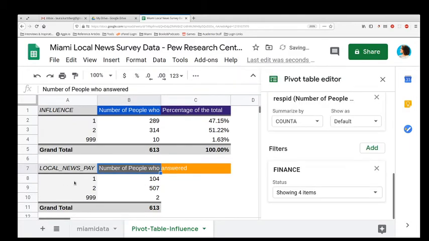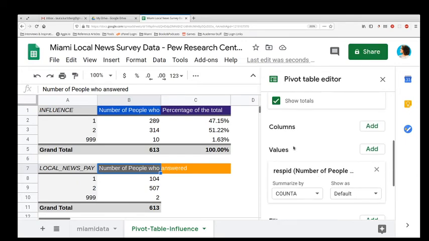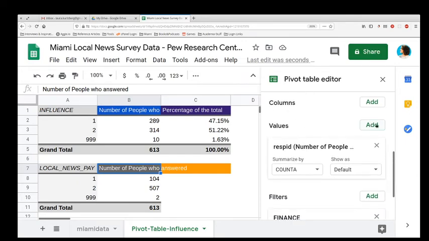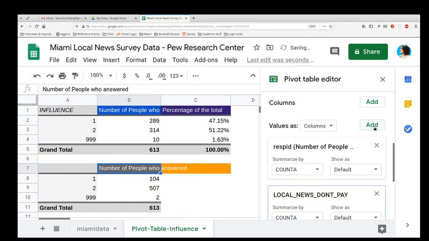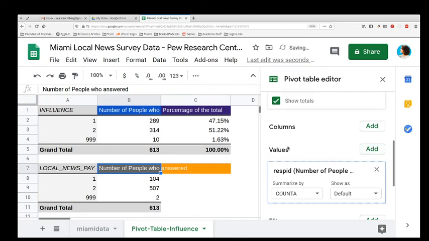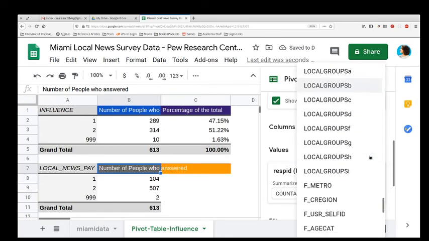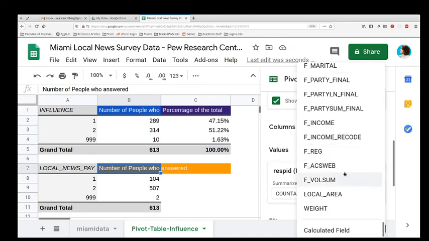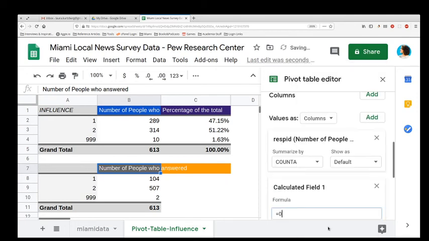So we click anywhere else if we want to bring the pivot table editor back up. And we're going to do the same thing as before. We're going to add values once again. Click on the green add values button. Oops, it added local news don't pay. That's not what we want. Instead, let's do that once again. We actually want to scroll all the way down to the bottom, and all the way down here you can see there's an option called calculated field. And calculated field allows us to add something that's not already an option up here. So we're going to click on calculated field,